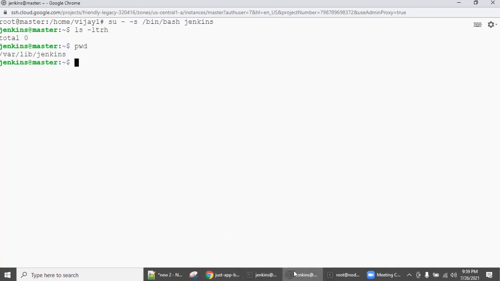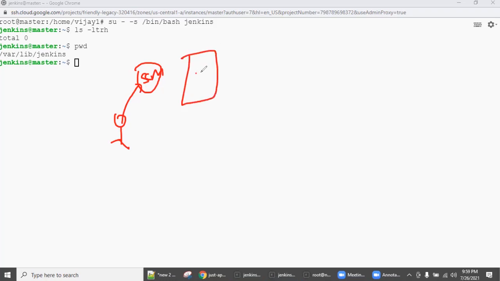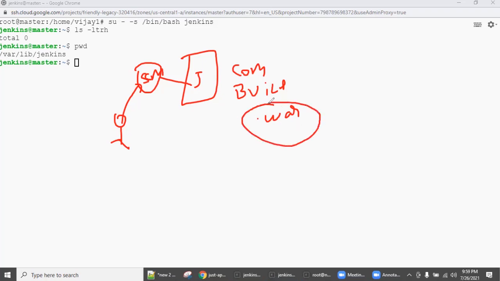Now, what we have to do is, I am a developer, right? This is my source code management, SCM. I am pushing some new code. The Jenkins server, this is my Jenkins, detects the changes, compiles it, and then builds it, and then it creates the war file. So now I have the new application.